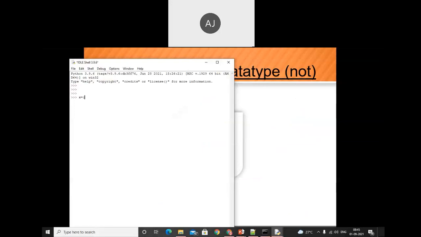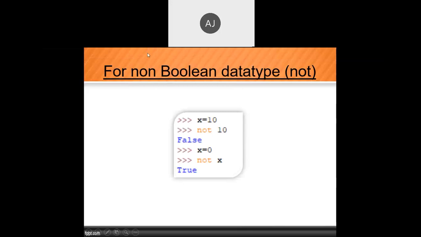What does it mean? x is true because it is a non-zero value. Now I try not of x, so we get the value false. If we use x is equal to 0, that means it is a false value. When we use not of x, we get the true value, the reversal of the given. This is about the Boolean operator.